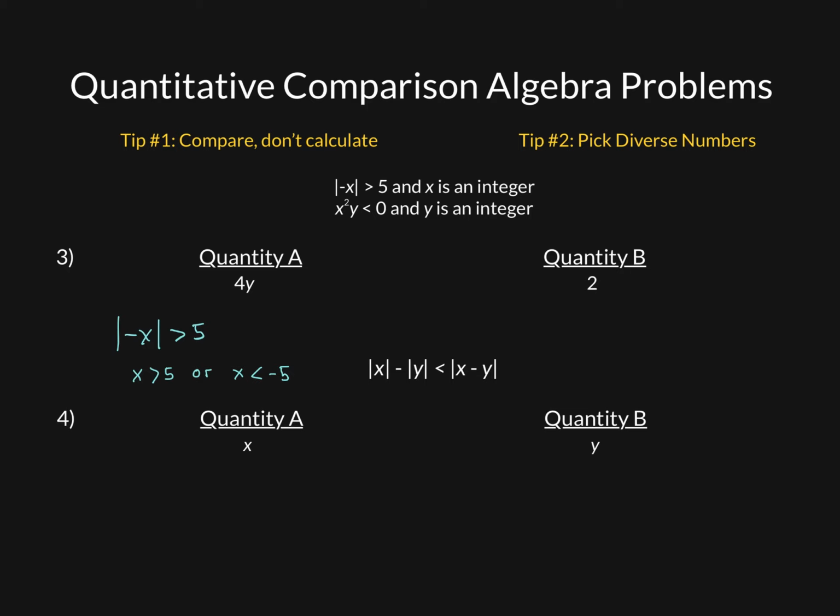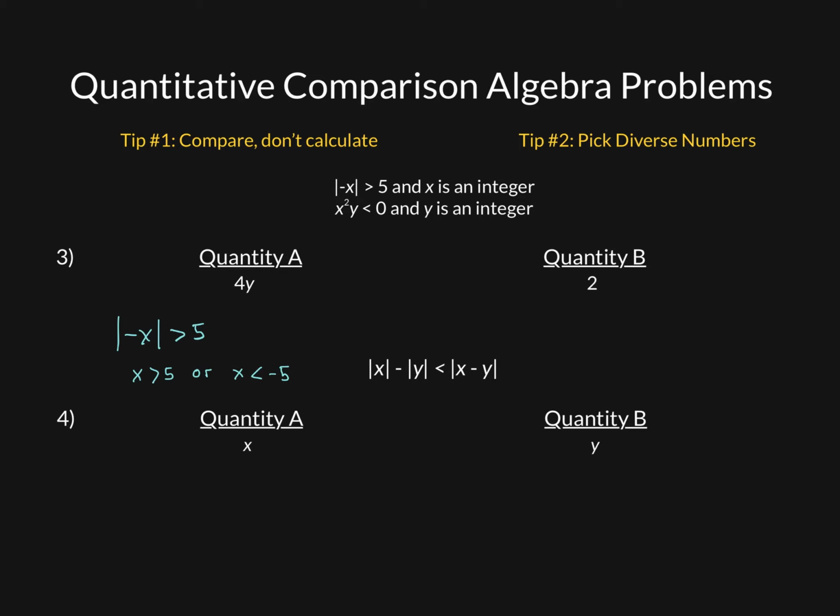We can't have anything between 5 and negative 5, like 3 or negative 3. That wouldn't be true. So x has to be either greater than 5, like 6, 7, 8, 9, 10, or less than negative 5, like negative 6, negative 7, negative 8, negative 9, etc. So now that we know that x can be either positive or negative,